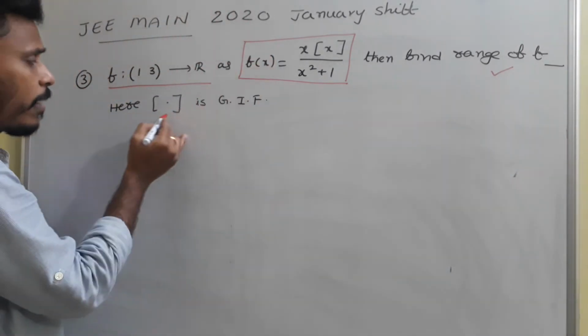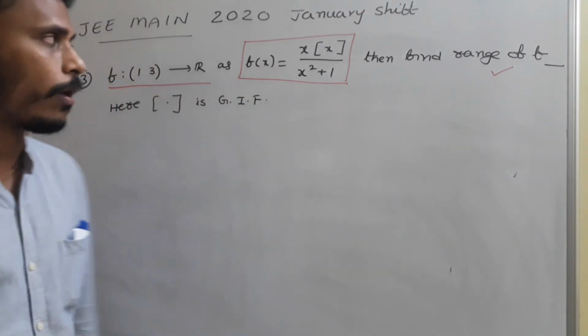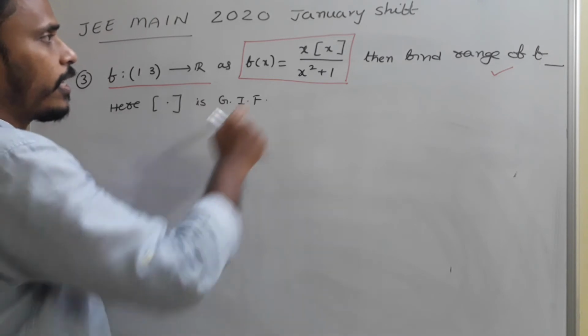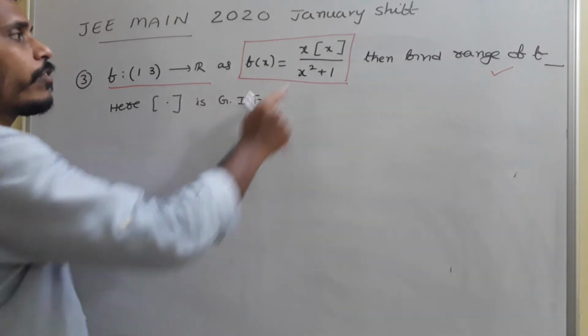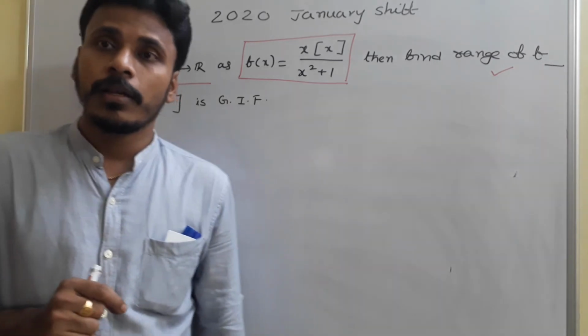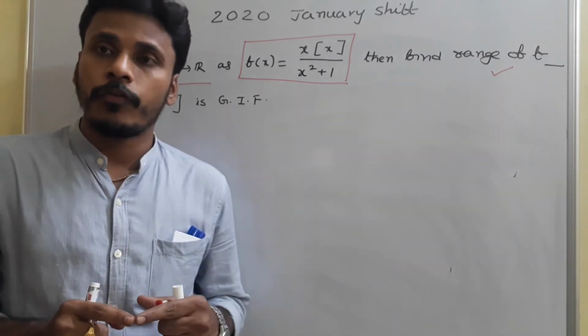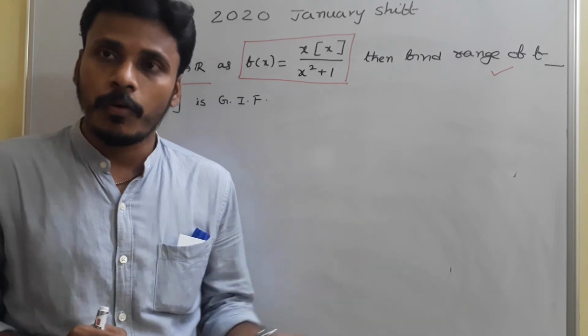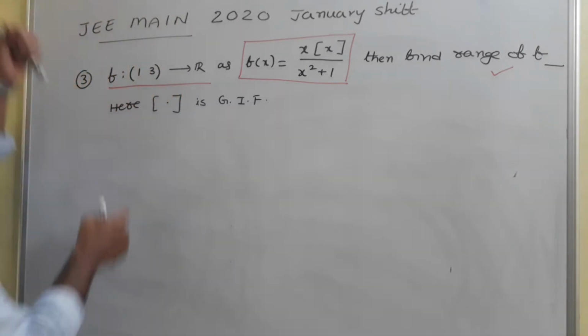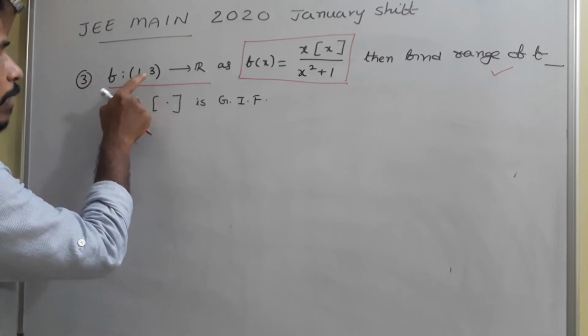That step we already know. Step x represents the greatest integer function, the usual step. So see, first of all, to find the range we need to eliminate this step. As we know, step x means the integral part. For example, what is step of 2.4? 2, we know it. What is step of 1.5? 1, we know it. Here the domain is from 1 to 3, so x lies in between 1 to 3.